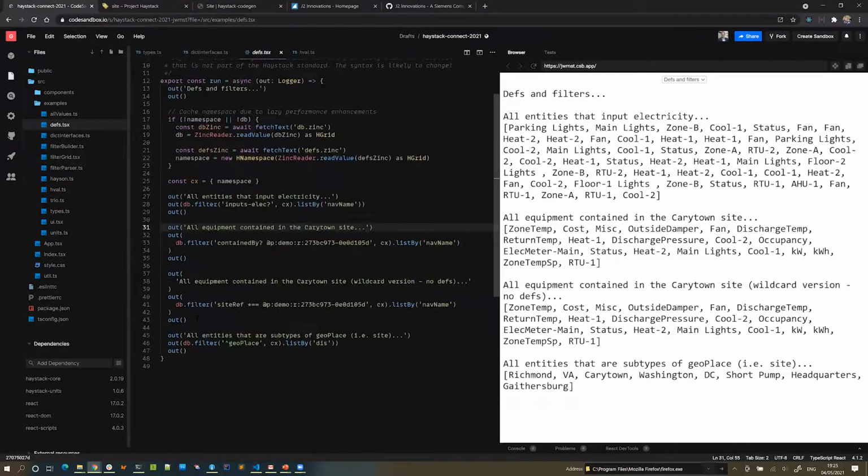The third one here is not using defs, it's actually using a wildcard operator. So it's following the site ref. But again, it's just another way of expressing that containment relationship. The final one I've got down the bottom here is how you can do querying via a supertype,